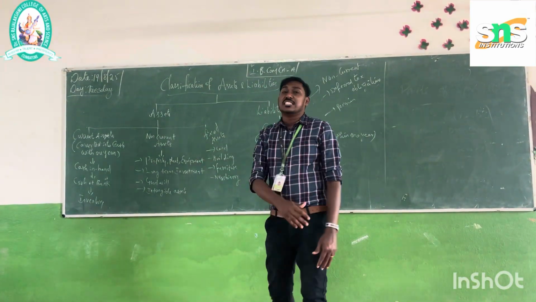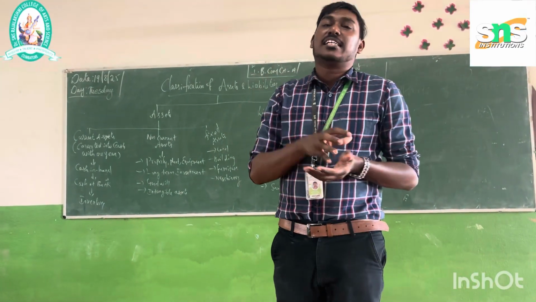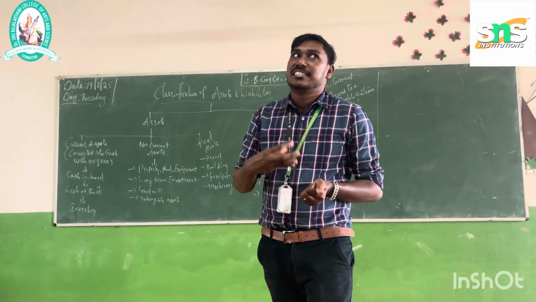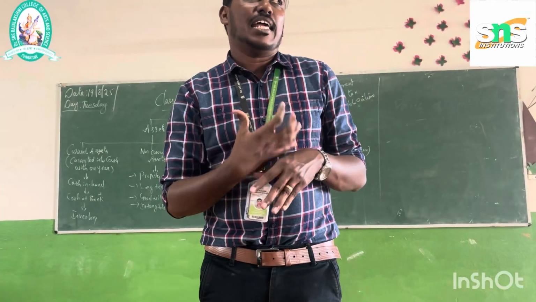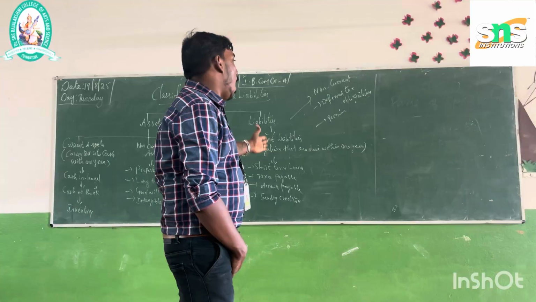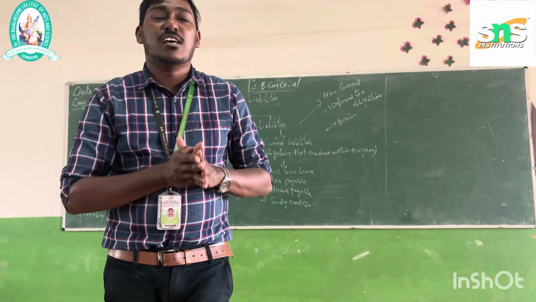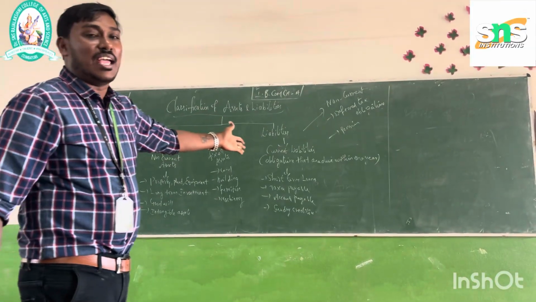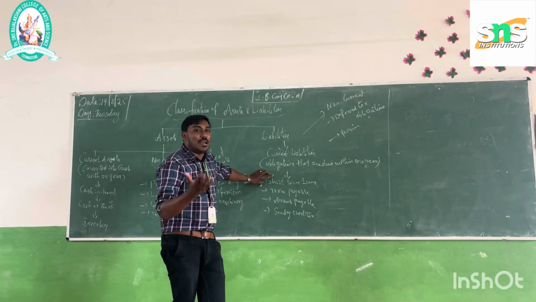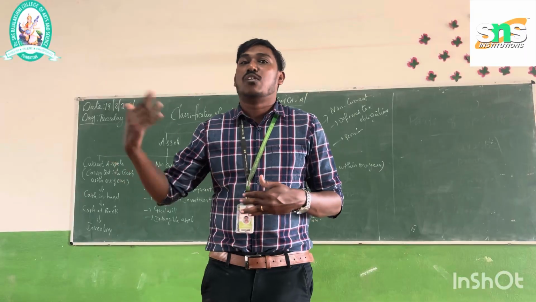And then next is liabilities. Under liabilities, the first category is current liabilities. Current liabilities are obligations that are due within 1 year. They should be settled within 1 year. Some examples of current liabilities: the first one is short-term loans, which we repay within a year, 6 months or 1 year like that.